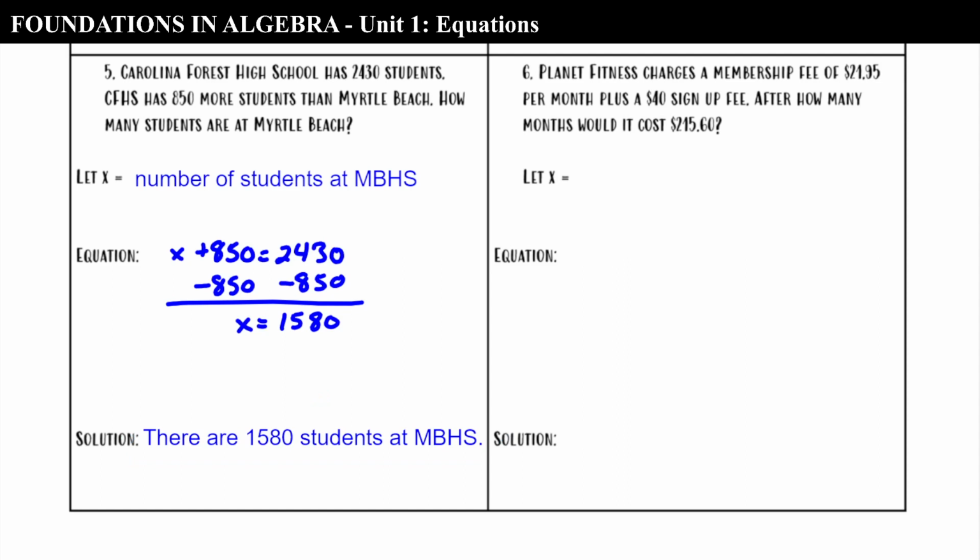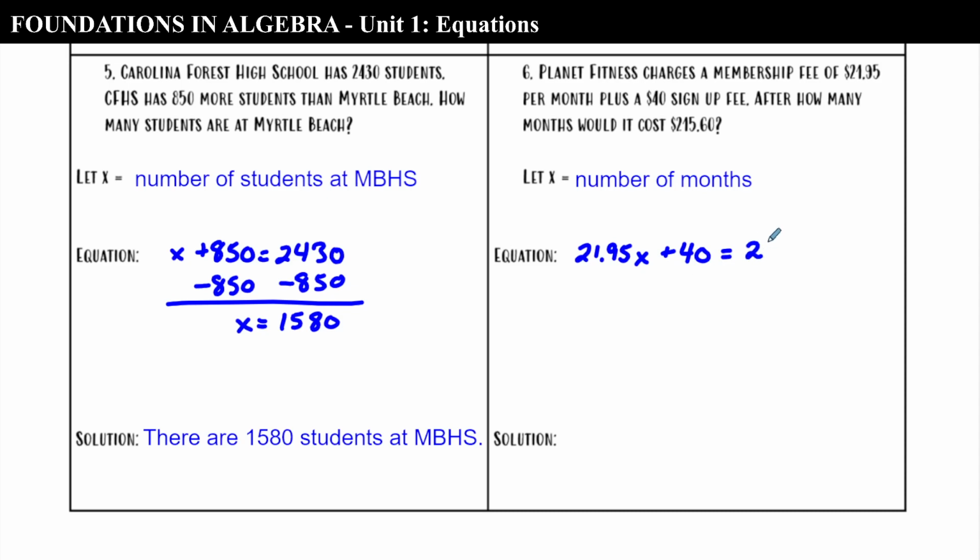Okay, Planet Fitness charges a membership fee of $21.95 per month plus a $40 sign-up fee. After how many months would it cost $215.60 in total? So we're going to let x be the number of months that we have the membership, and we're going to set up our equation by taking our membership fee, which is $21.95, and multiplying it by the number of months that we have our membership. But on top of that, we had the one-time cost of a $40 sign-up fee, so we add 40,